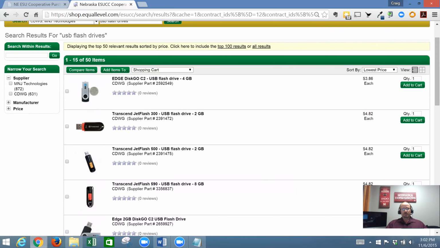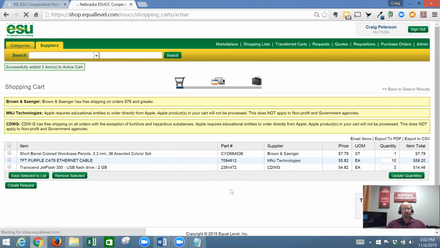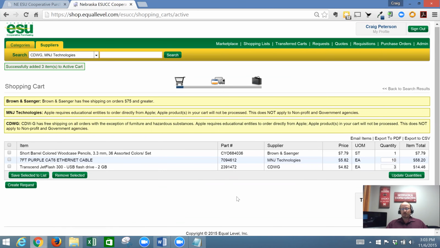And maybe I like this Transcend over this Edge, and I'm going to order 3 of those. Add them to my cart. And again, I got another cart message from CDW because it's a different vendor. So you want to pay attention to these cart messages. At this point, if I go back to the marketplace,